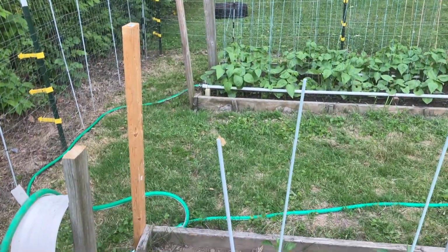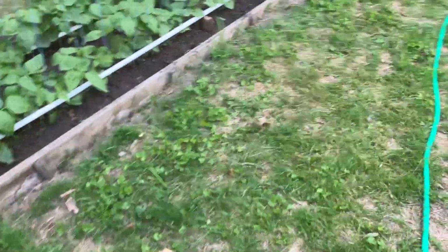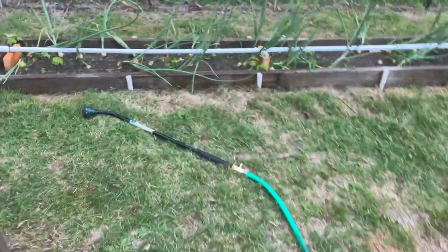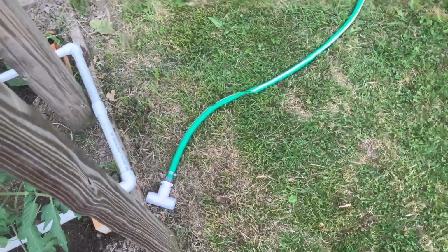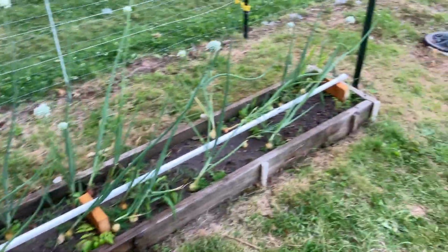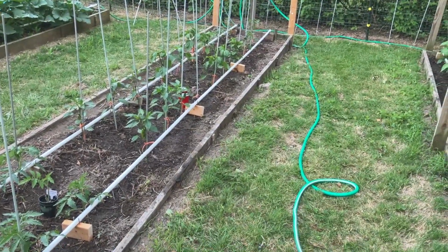Now, I'm going to need a fourth zone. Because I really thought that I could just patch off of this one and feed this 10-footer. Nothing came out of the 10-footer. It just had no pressure. I took the hose off and checked, and it just had a little water coming out, but no pressure behind it. So I removed the T, put a coupler in there for now. But I'm going to have to add another zone and run me another garden hose down here. And that will give me the correct